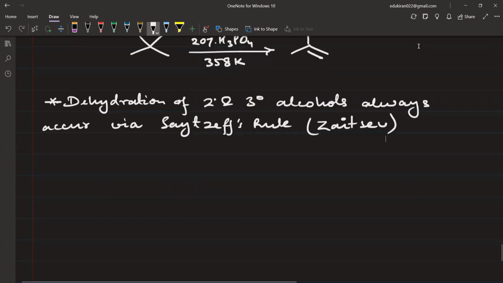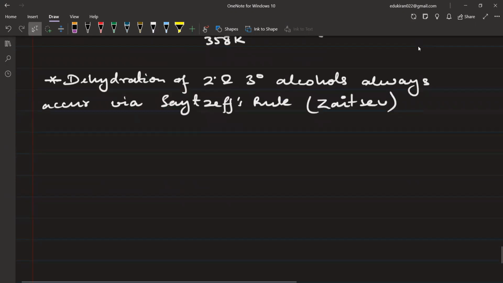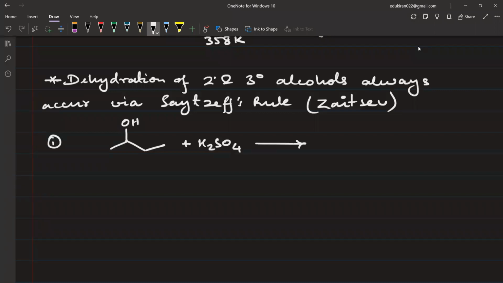So please see here, okay guys, please see, don't write. If you are still writing, please stop writing and please see here. If I have an alcohol like this, plus H2SO4 with some heat, you will be given. Now, what is the product formed? So please listen here, guys. First of all, you will identify the carbon atom with OH. Okay, you will identify the carbon atom with OH and you will mark it like this. Either you do it explicitly with a pencil, you circle it, or you just keep your hand on it.